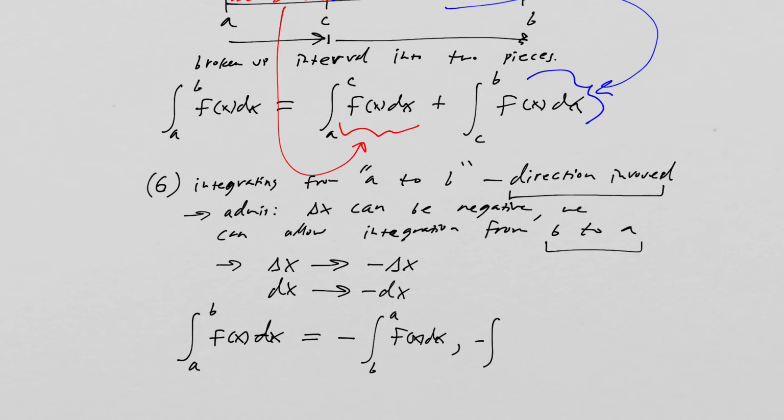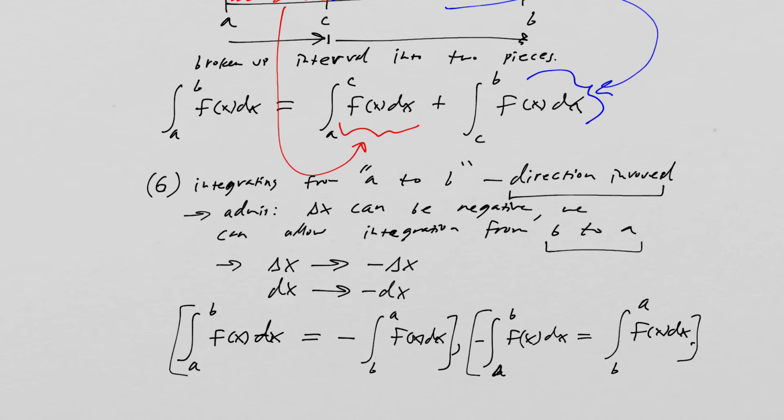The negative integral from a to b of f of x dx is equal to the integral from b to a of f of x dx. All right. So both of those statements are identical and they're both true,